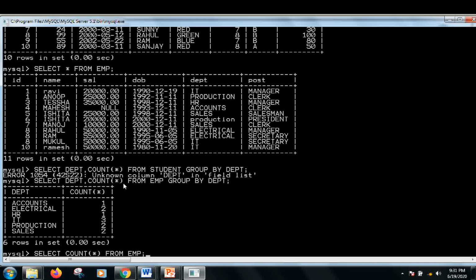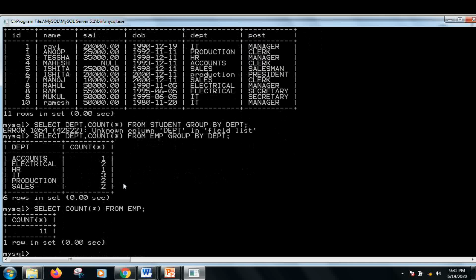But if I want to count the number of employees in each department, I make a grouping on the basis of the department field, and for that I will write group by department. Now since I am grouping on the department, I have to display the department also, so I have to write the department in the select part also. So this is how I have to write the query.